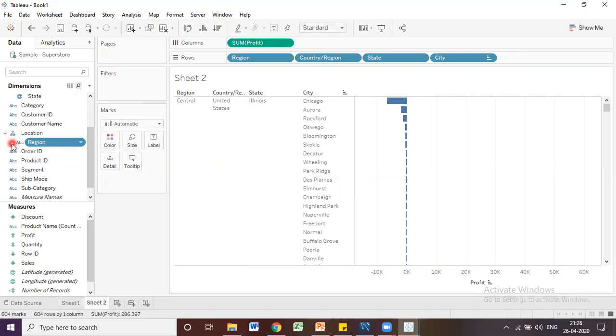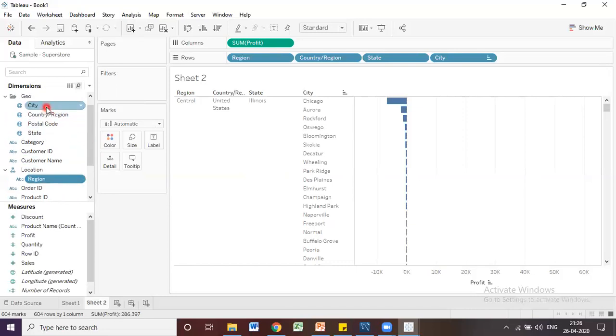Now we have created a hierarchy, but in this hierarchy I have only region. So you have to drag the other dimensions into your hierarchy. Now I am going to drag all these things into my hierarchy. I have selected all the dimensions and I am dragging them into this hierarchy.